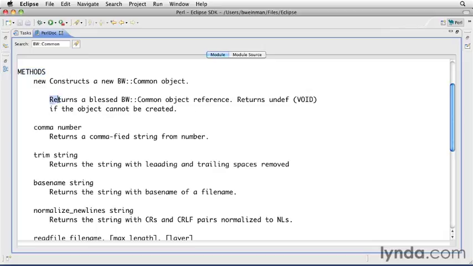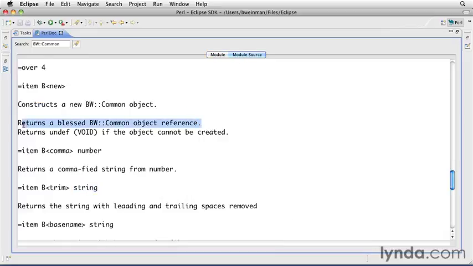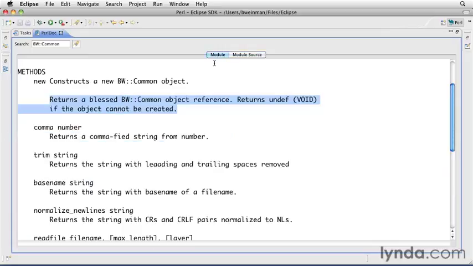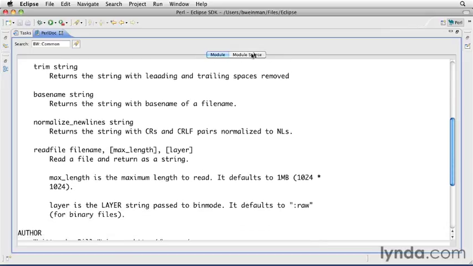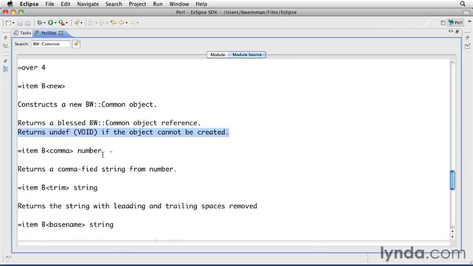You'll notice with this one, you see the way that it's wrapped here. When I write it, I tend to put my sentences on separate lines. It makes it easier for me to edit them later. And the Perl pod processor will typically wrap them around and make them look nice. And so that's the way that those look. And all of those are formatted with these item commands. And then we have back